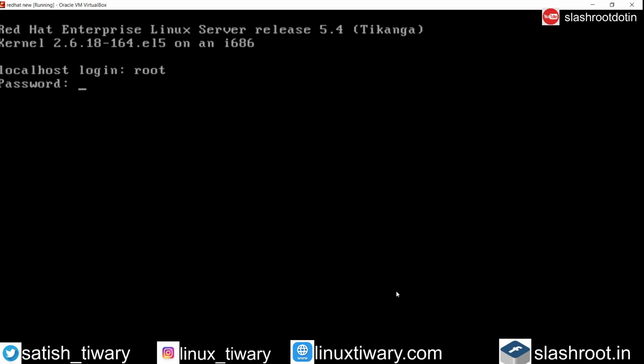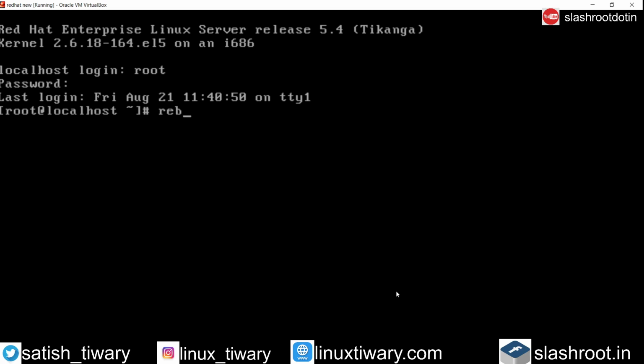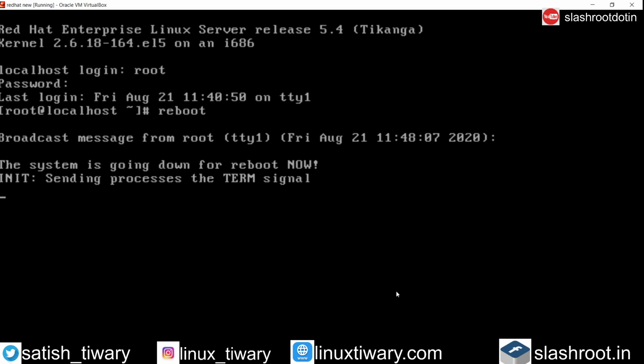Now I am root, with password Red Hat, and I am again trying to reboot the system and go to single user mode.